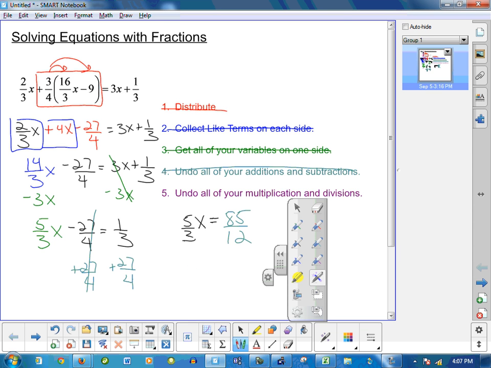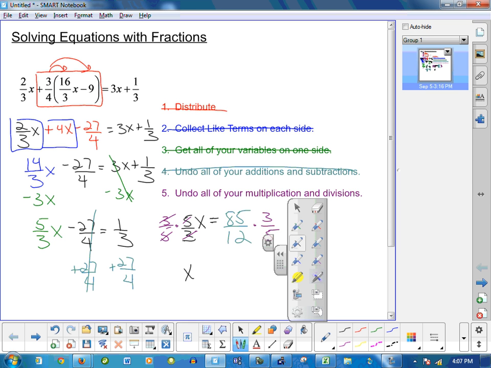We tend to multiply by the reciprocal. So instead of dividing by 5/3, I'll do an equivalent process for that, which in fact is to multiply by 3/5 on both sides. So here on the left, we cancel out the 5/3 with the multiplication by 3/5, and